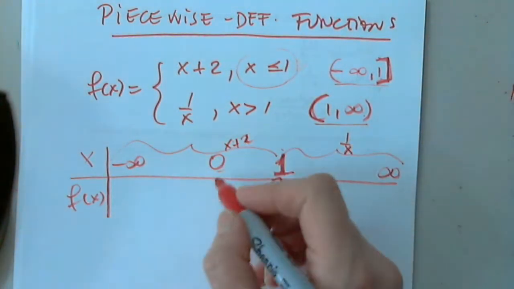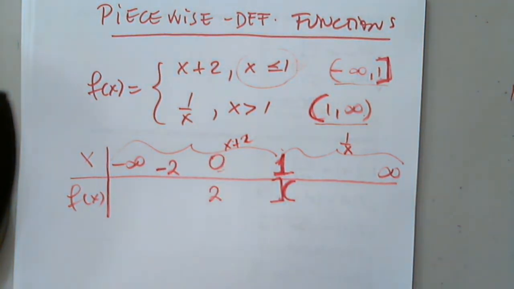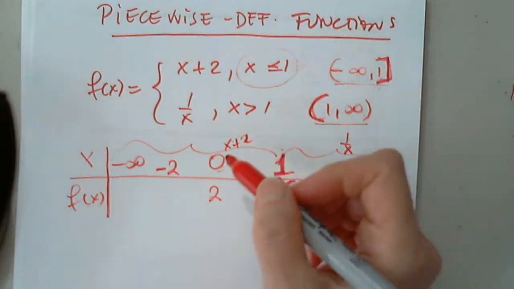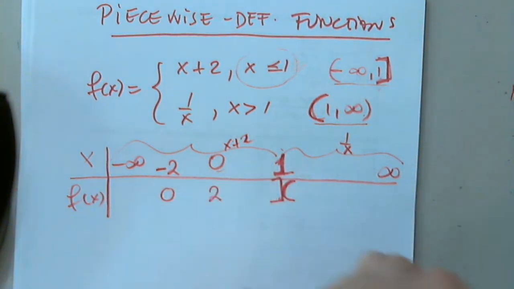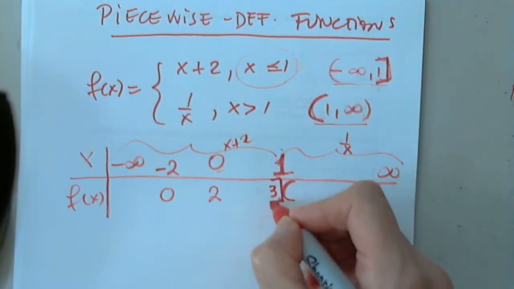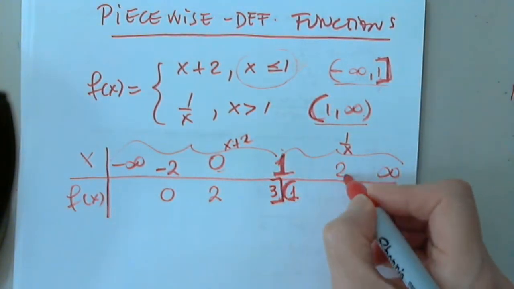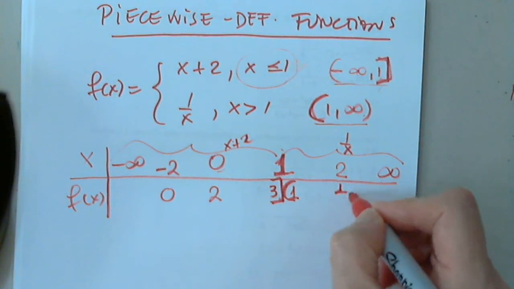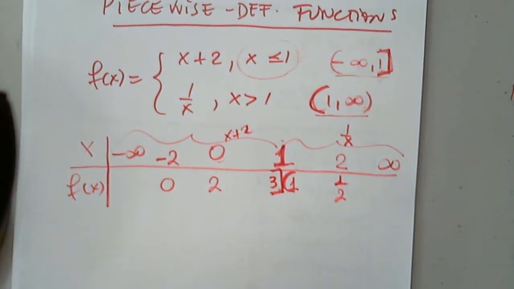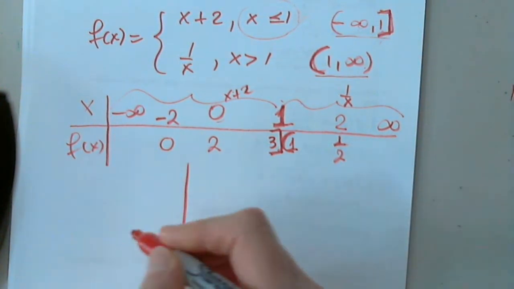So when I plug in 0, I get 2. Of course, you have to think always of the x and y intercepts. -2, I have 0. When I plug in 1, I have 3, right here inside the bracket. When I plug in 1, I have 1. When I plug in 2, I have 1 divided by 2, or 0.5. That's all I need. Okay, when I graph this,